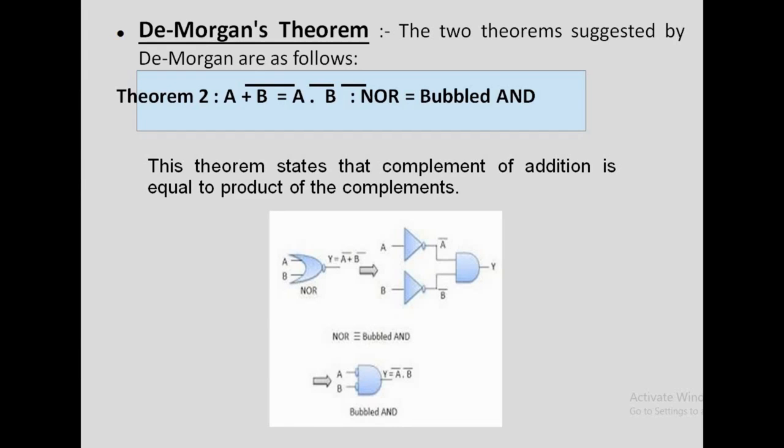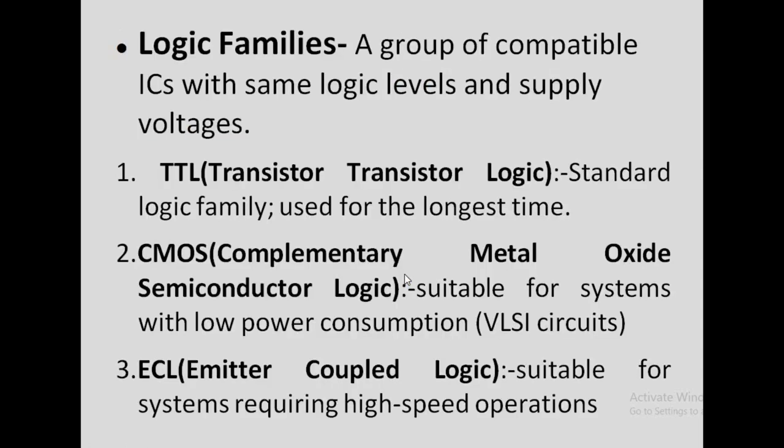Next theorem, that is the second statement. It states that complement of addition is equal to product of complements, and the statement is (A plus B) bar is equal to A bar dot B bar. Once again there are two diagrams. First diagram shows